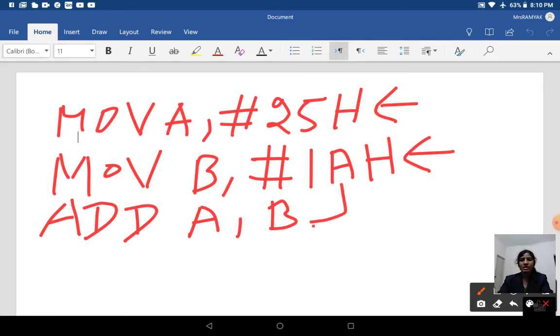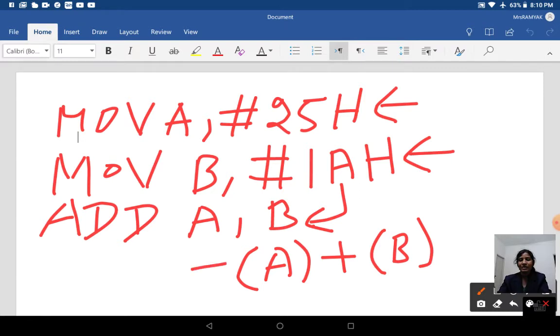When your assembler starts to execute the third instruction, that is ADD A, B, the content of the accumulator is added with the content of the B register and the result of execution is stored in your accumulator. This is how your system works.